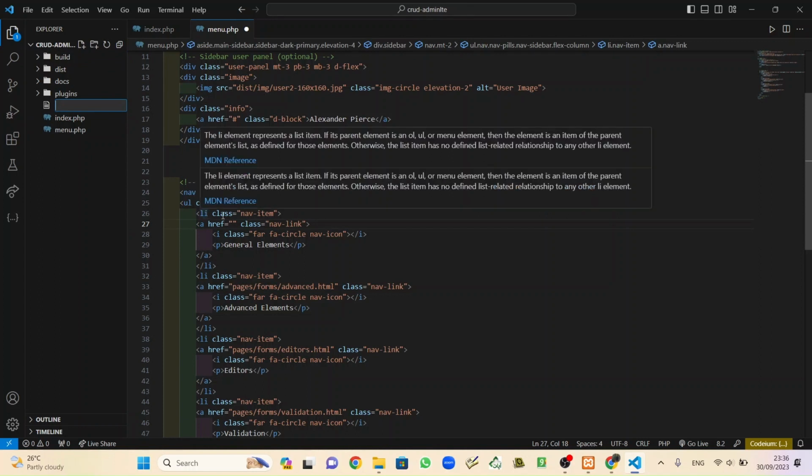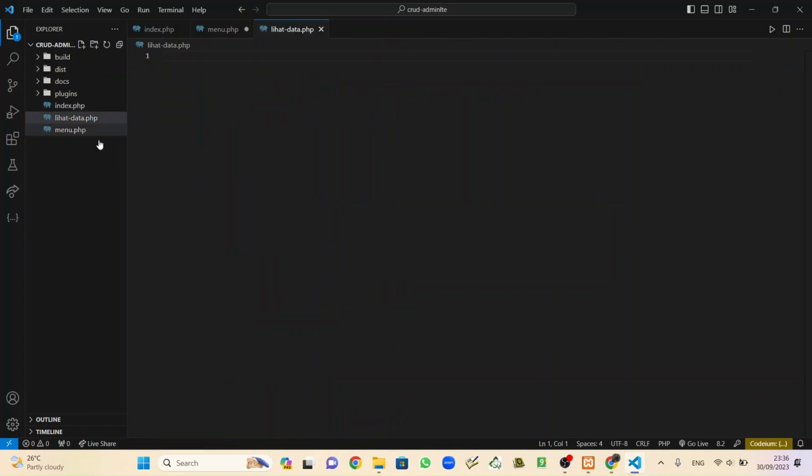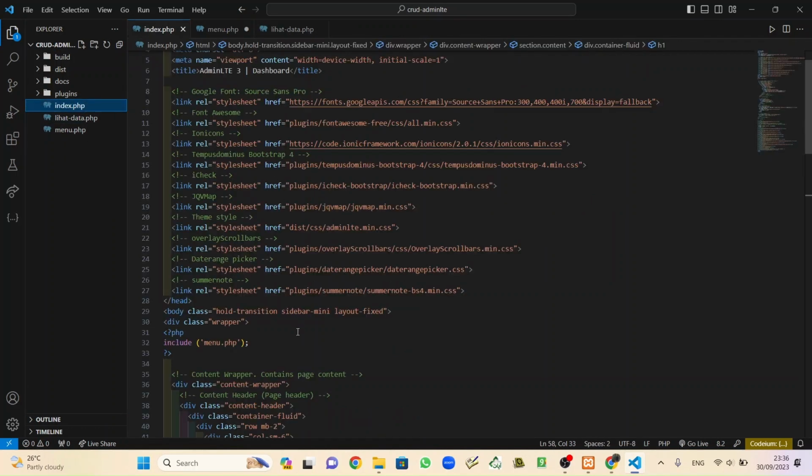The first one is read. Okay, I'm sorry. Read. We will make a read, or in Indonesian it is lihat data.php. Okay, back to index.